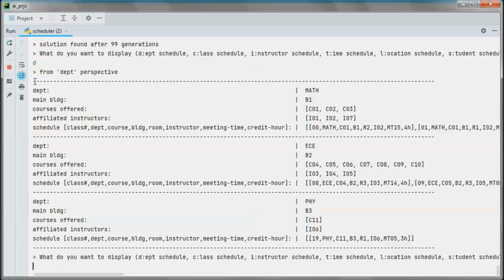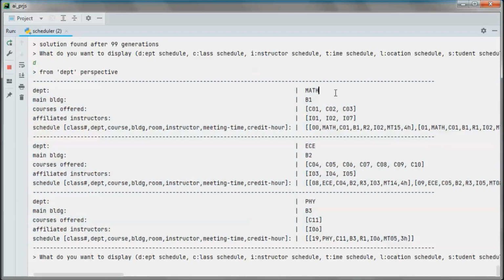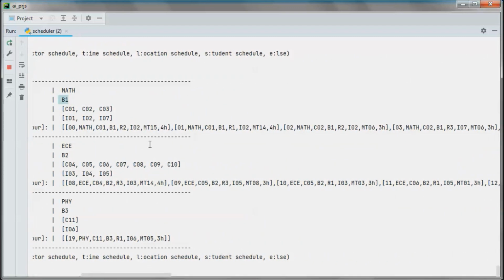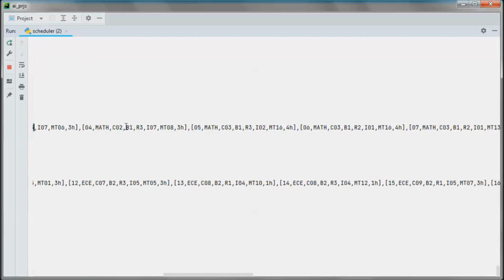So we have 3 departments in the system: math, electrical and computer engineering, and physics. The math department is in building B1, so all the classes that were scheduled should be in building B1. So B1 room 2, B1 room 1, B1 room 2, B1 room 3, and B1, B1.